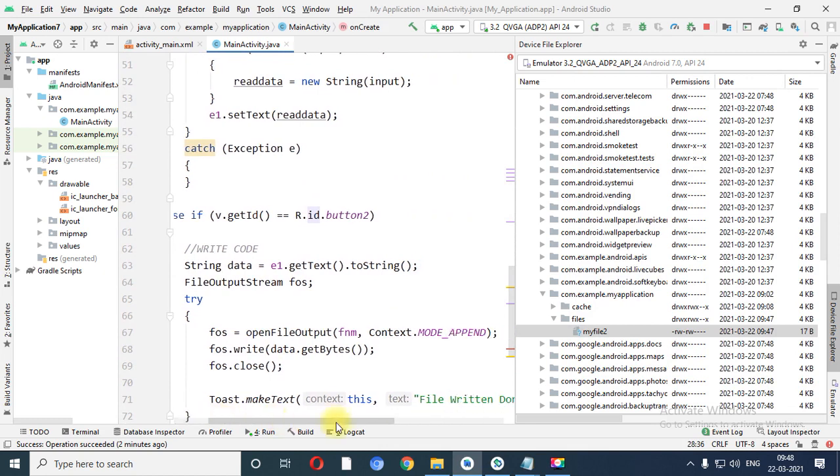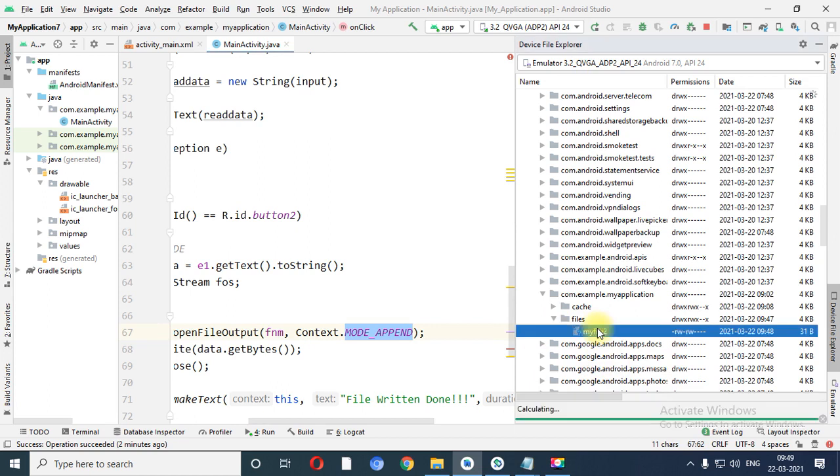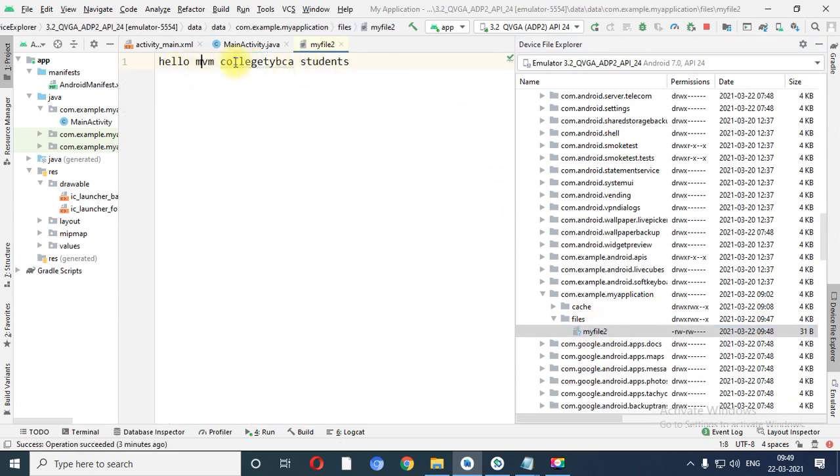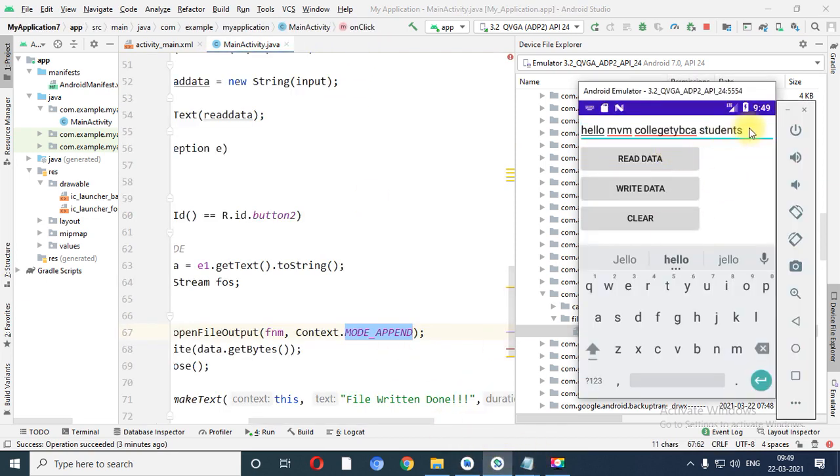Over here we have taken append mode. So let me sync this file first so that new content is there. Hello MVM college TYBCA students, and that content available over here also, right.